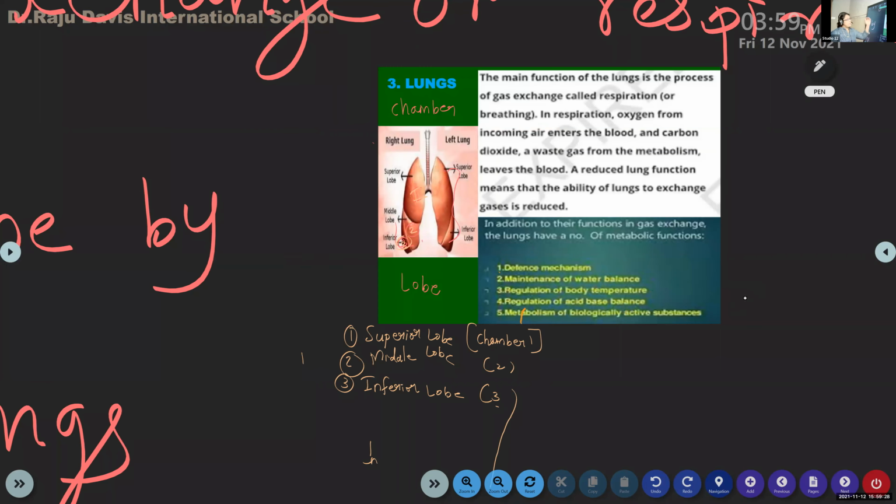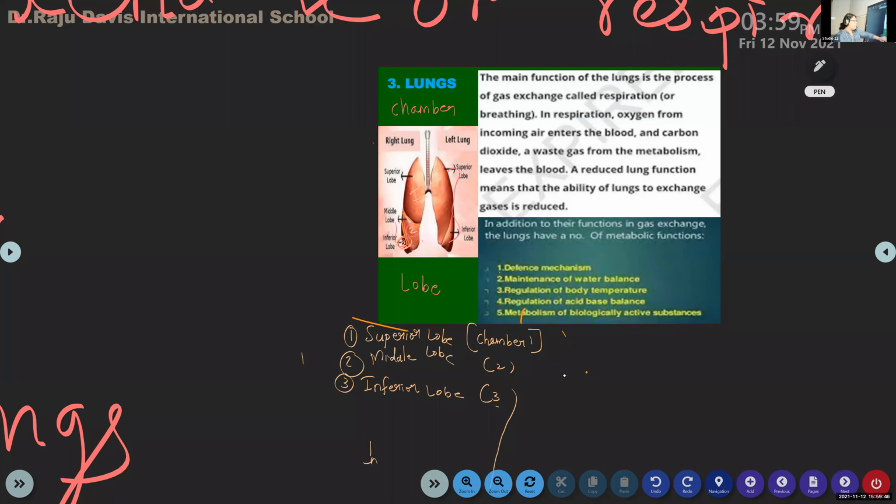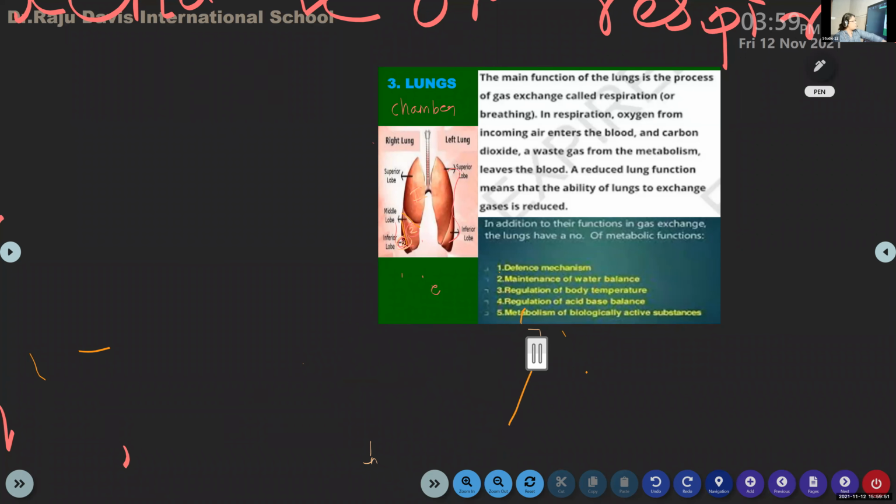So you can see there is a cut over there. This is the cut you can see in between. That is separating it. And what are the other mechanisms of the lungs? It is not only helping for respiration. There are some other functions. You can just write it. This is for knowledge. We are not learning much detail about it in your textbook. Just write what the other functions are. The main function of the lungs is gas exchange, and in respiration, what is happening?